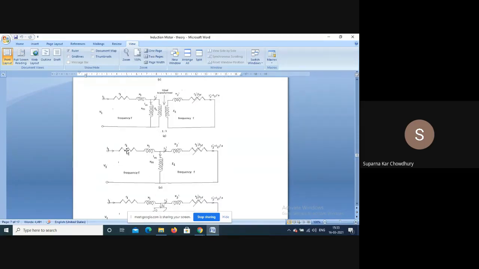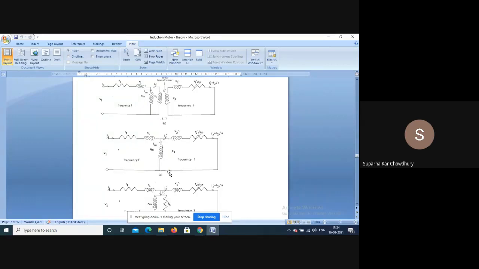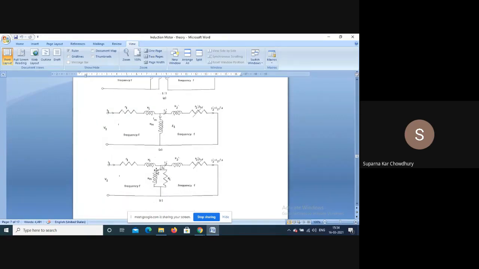So we connect them electrically and we get this equivalent circuit. This is the primary resistance, primary inductance, the magnetizing reactance, this is the secondary inductance, and this is the secondary resistance, this is variable, because the slip S is variable. However, as I have told, this does not include the core loss resistance RC. Obviously we can always include the core loss resistance. So if we include the core loss resistance, this is the complete equivalent circuit.